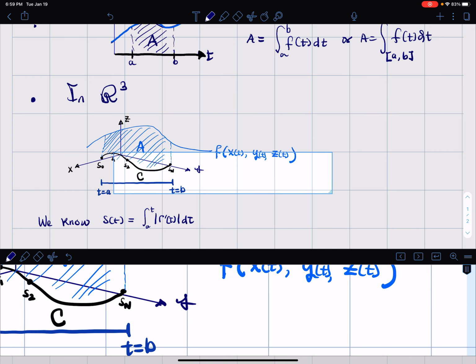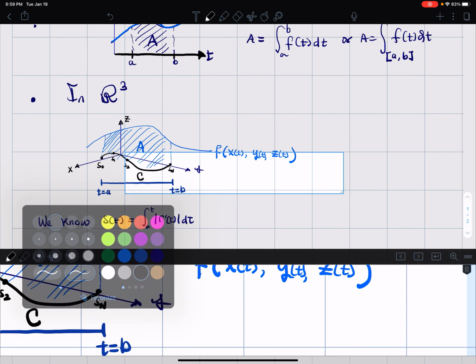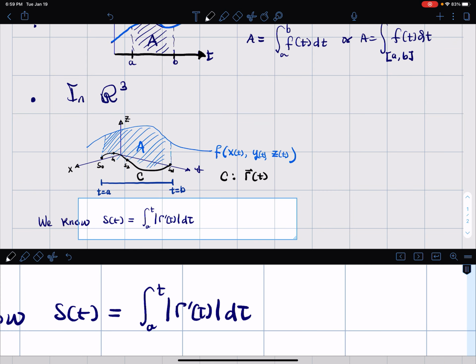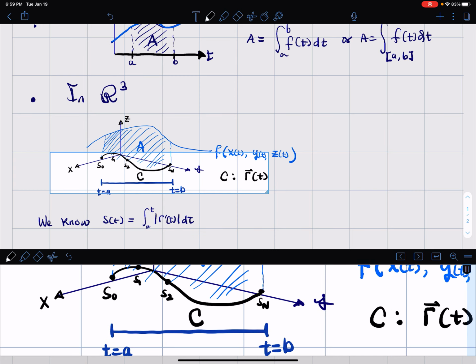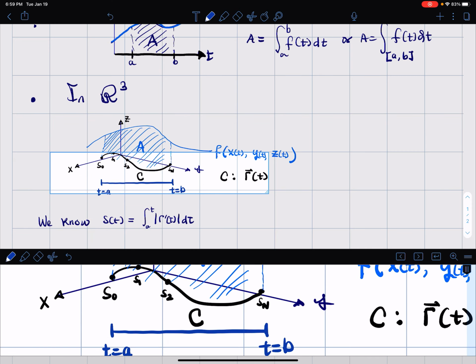All right, so let's assume that C is a curve that is parameterized as r of t. The arc length of C goes from t equals a to t equals b. But why am I going from a to b, or from a to t? Because we want to be able to capture the arc length from any point to any point on the curve